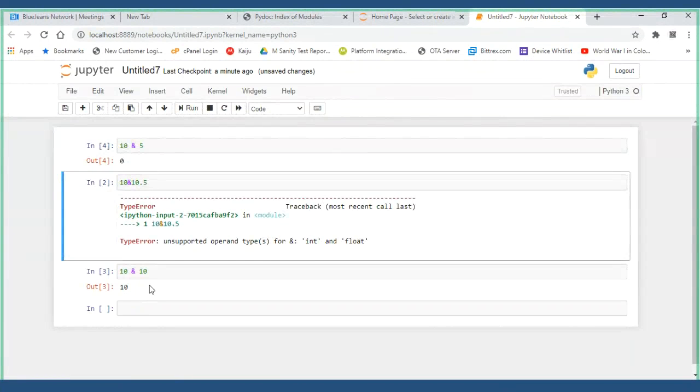If both the bits are 1, then the result is 1, else it returns 0. First we should know when it will turn out to be false. If both the left side and the right side are 1, the result is 1.